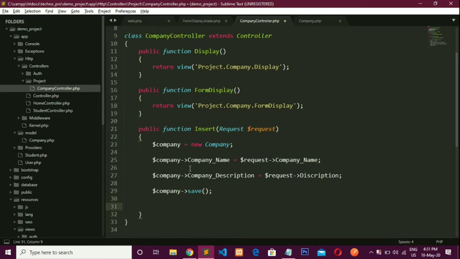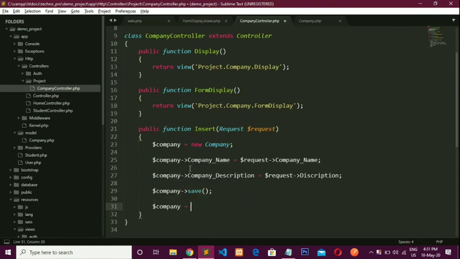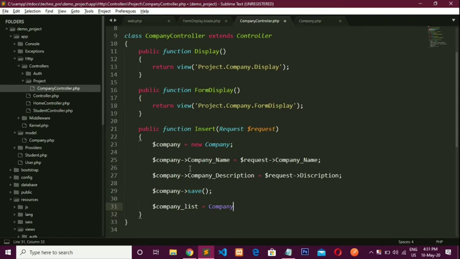So for that, first I need to make one more object whose name is company list, which finds the old records from the company database. Company old.